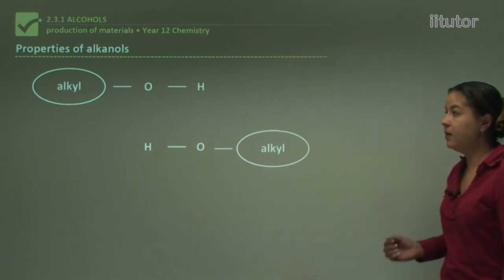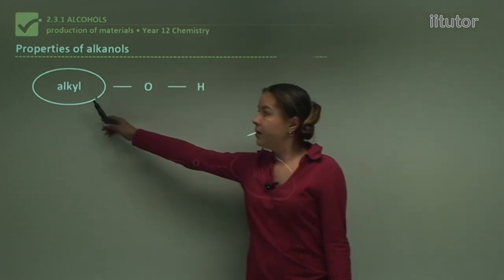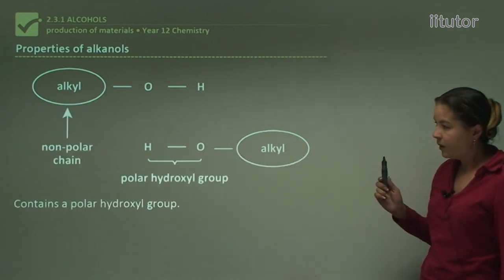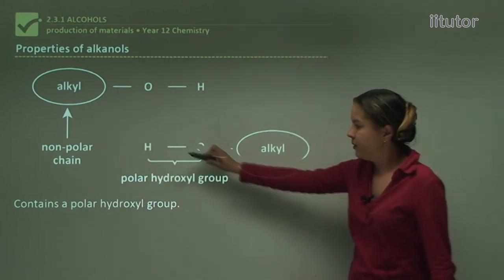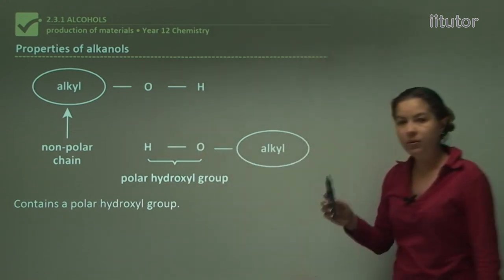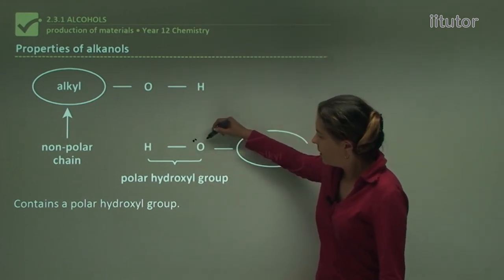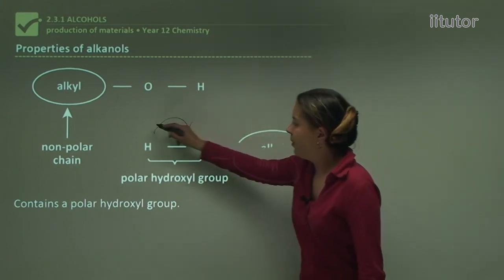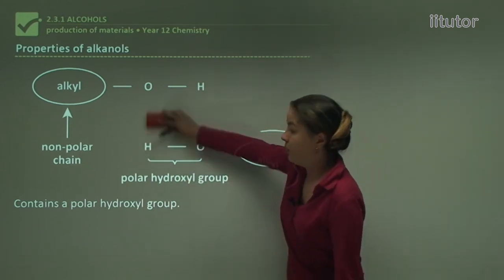So let's look at properties of alkanols. Here's a simplistic drawing of an alkanol with an alkyl group here, and here's our OH group, and similarly here again. What we have is a non-polar chain. The alkyl group is non-polar and the OH group is polar. So in an alcohol you have a non-polar and a polar section, and that's because the oxygen here actually has 2, that's how we draw it, 2 lone pairs of electrons. So we have polarity here between the hydrogen and the oxygen,